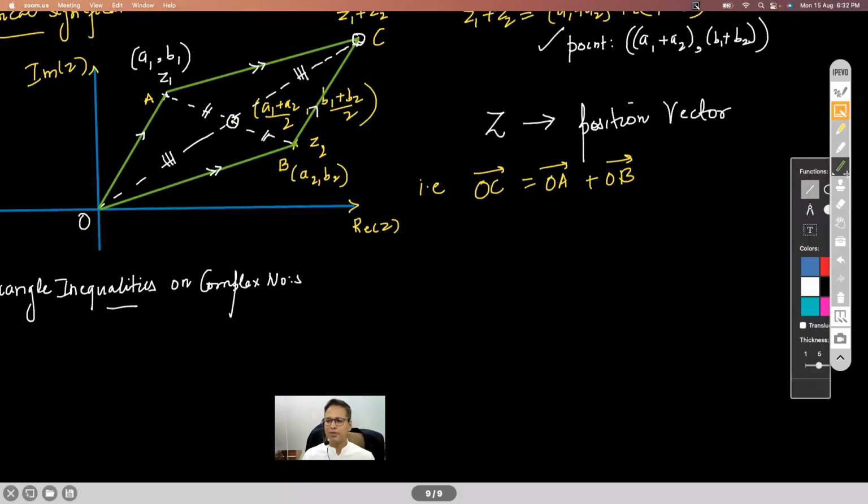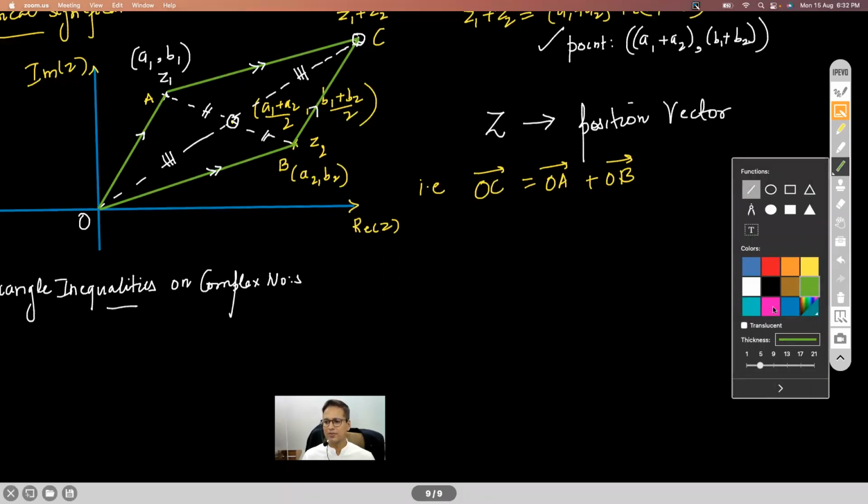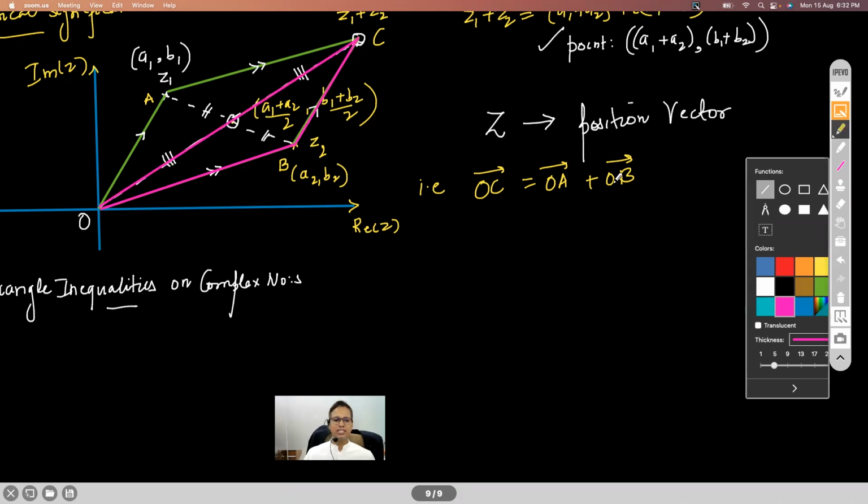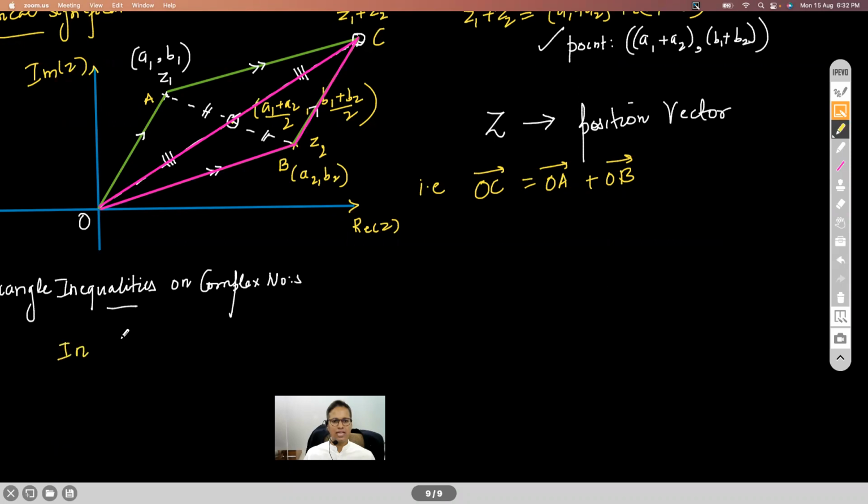I want everybody to focus on this triangle, the one I'm showing with the pink color. I'll name it as triangle OBC, right? Triangle OBC, correct. So in this triangle,